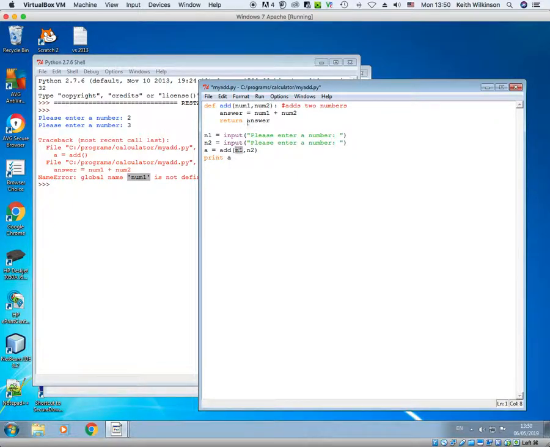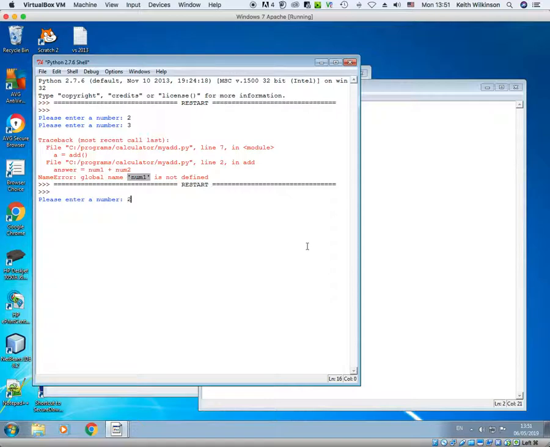So that equates to that, that equates to that. So what I'm doing is I am passing n1 into num1, it can do the work. I'm passing n2 into num2, it can do the work, and everything should be fine. So if I run that,